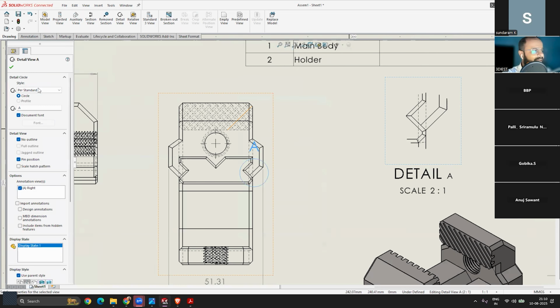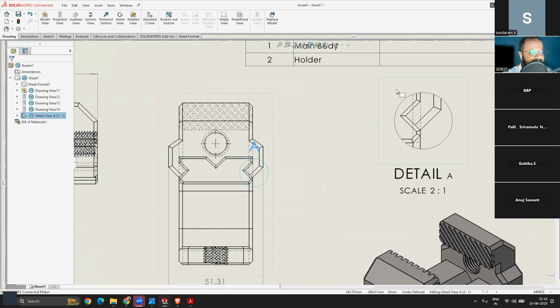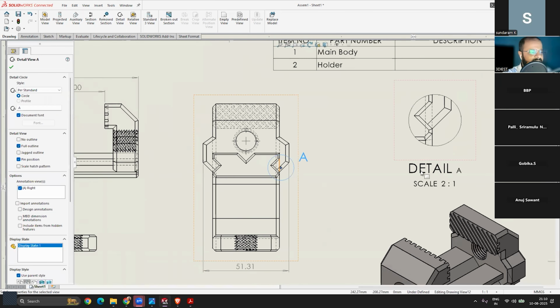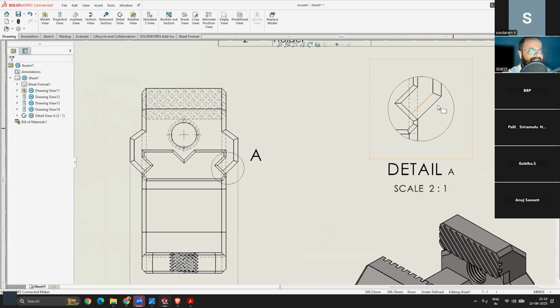Right now it's no outline, so change this to full outline. So we can say it's a kind of circle detail view of this area. Keep these values outside like this, and then we can add dimensions because this is much bigger.